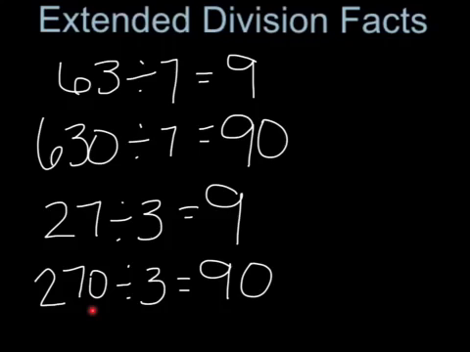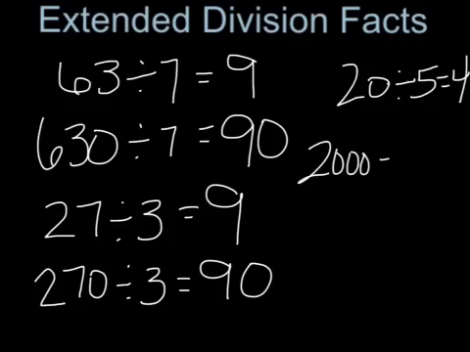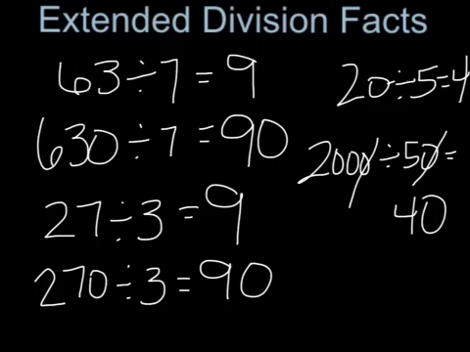Let's do one more. Let's think about the number 20 divided by 5, which equals 4. But what now is 2,000 divided by 50? This is going to equal 40, and here's a great trick that you can use to help you figure this out. It's the same idea as what we looked at over here on this side of the screen, but in this case we are going to mentally knock a 0 off the end of each one of these numbers to